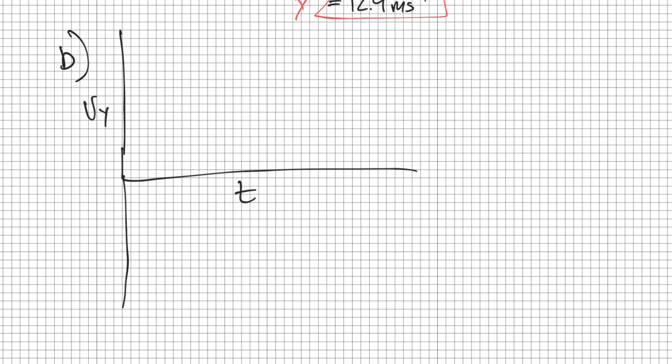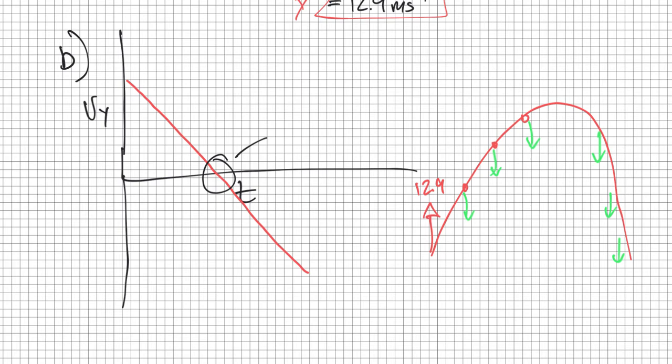Here's what we know, right? So let's just draw this. It starts here, shooting upwards with a velocity of 12.9. Each second then, its velocity is going to change because we're going to have an acceleration downwards the entire time due to gravity. So that's my acceleration downwards. And so what I should see is that my velocity is going to decrease on the way up, and it's going to increase on the way down. This is going to be the top